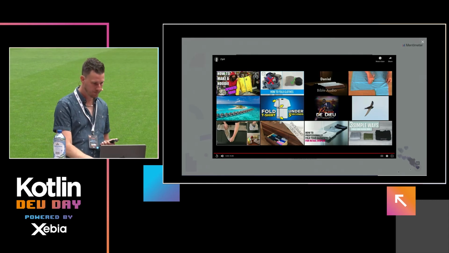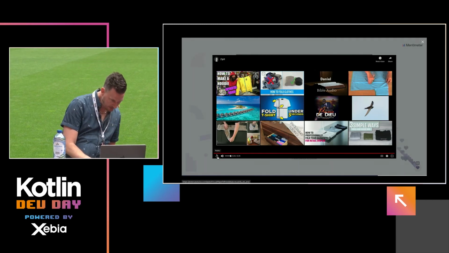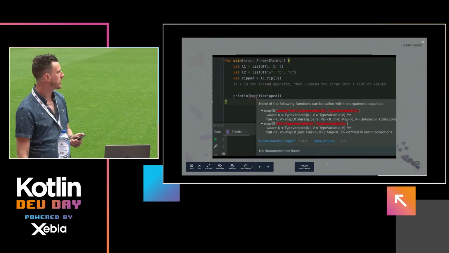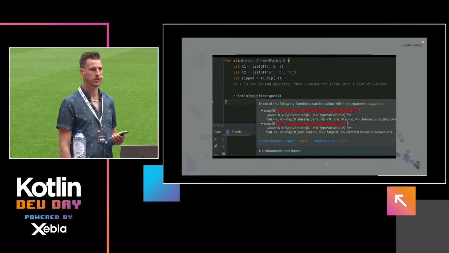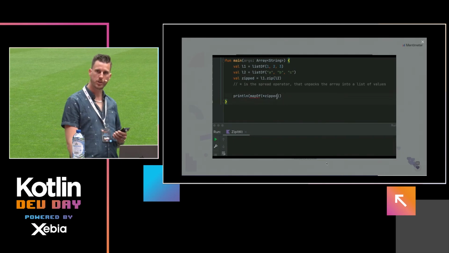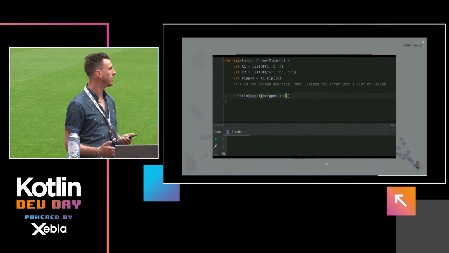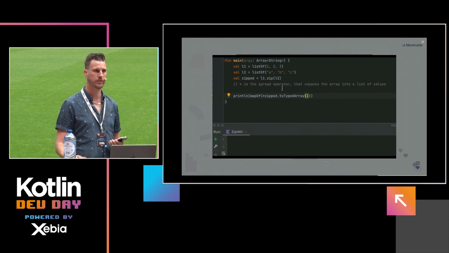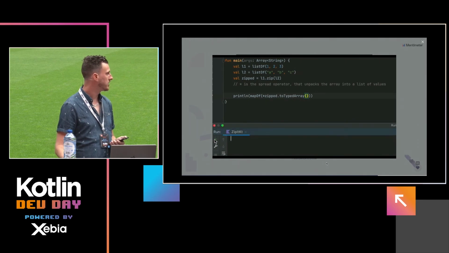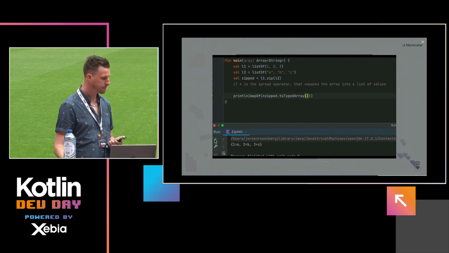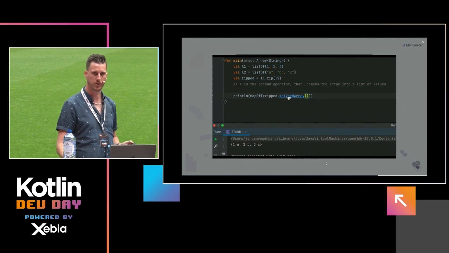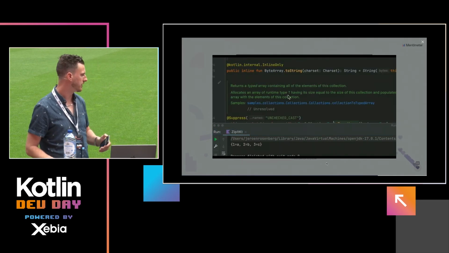So how to fix that? It was in the video, I can quickly play it again. There's also a toTypedArray function. If you use that before using the spread operator, then all the type information is preserved. So at least they fixed that in a nice way. And then you will get, indeed, as most of you guessed, answer A.